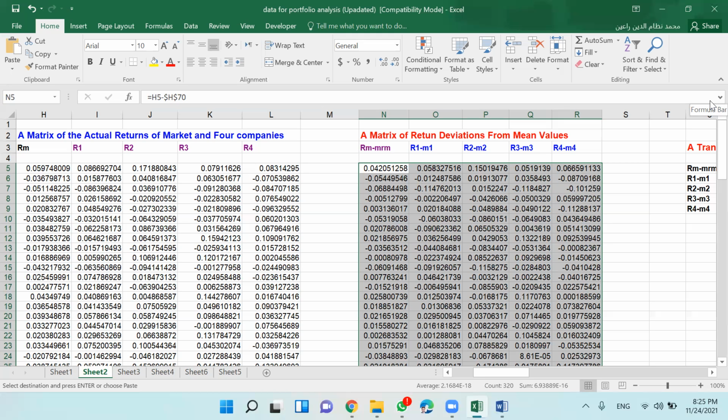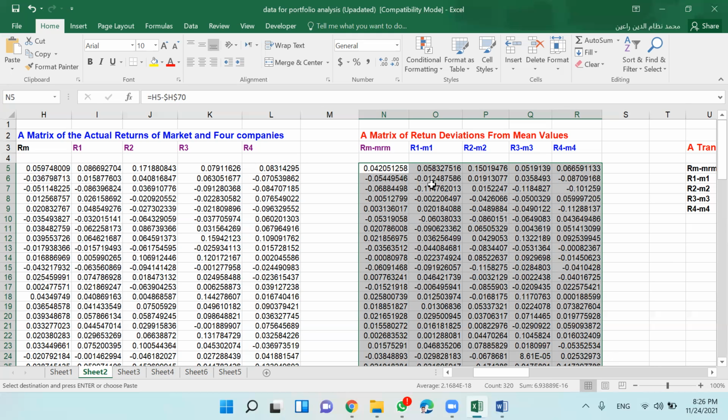Then if you take the transpose of this matrix, you call it small r^T, put a T to represent transpose. Then you multiply r transpose into r matrix, you get what is called variance covariance matrix. Okay, so this is your matrix A.